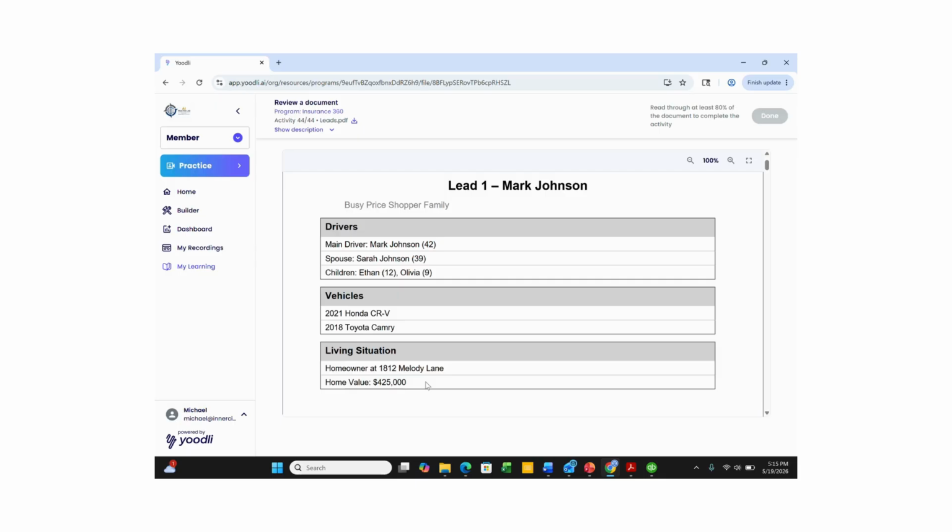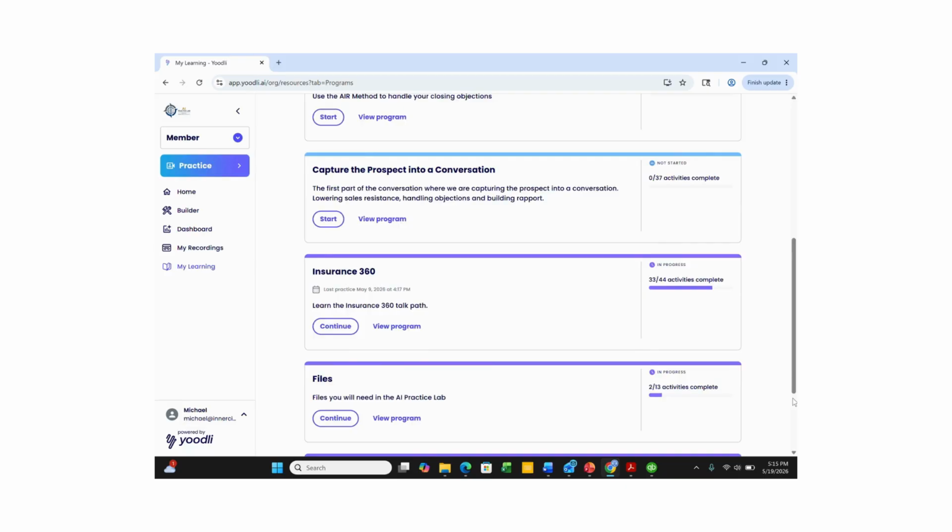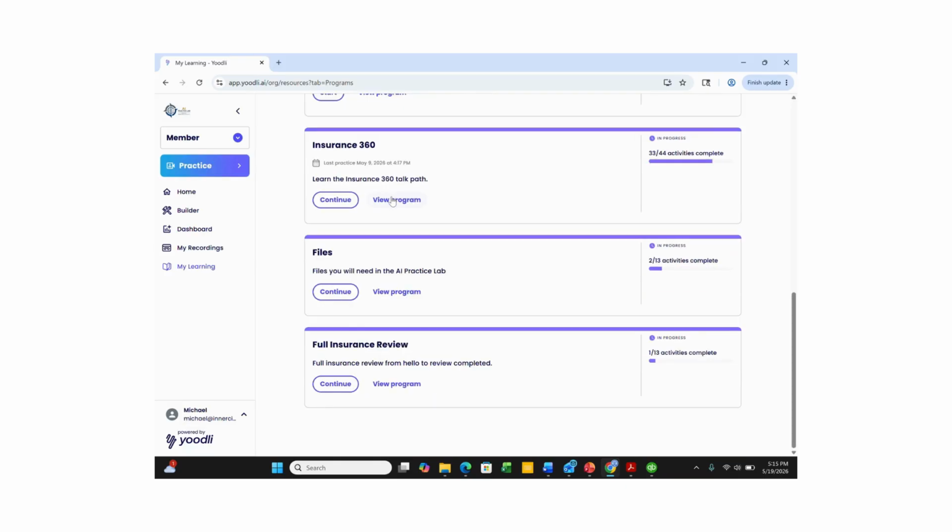Now, most insurance companies out there have some sort of practice area, and they can go put all this stuff in the practice area and actually do the quote so they get that real life on there. If your companies don't have the practice areas, then they'll go through at that point and just have as real of a conversation as they can. So we're going to get back in here to the Insurance 360, view the program,